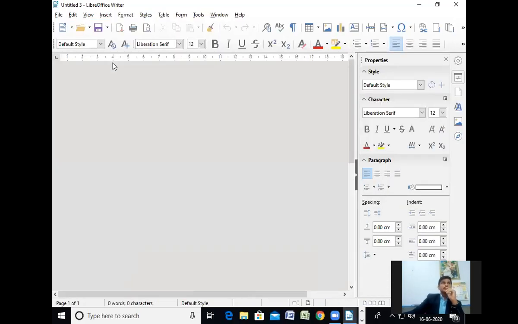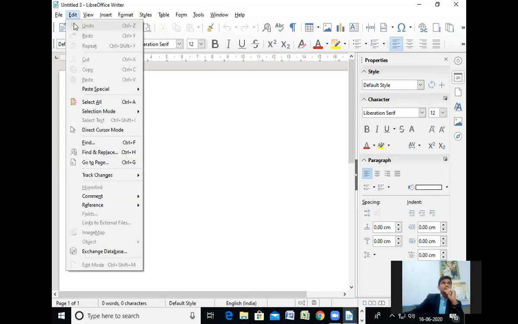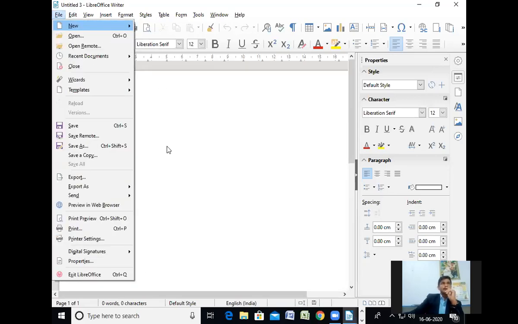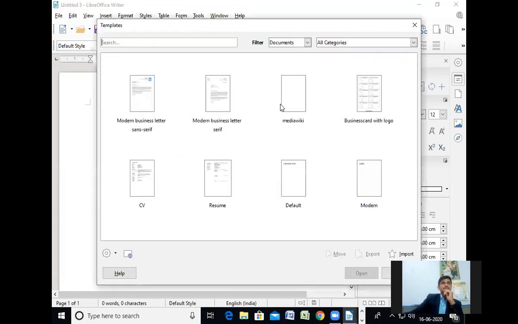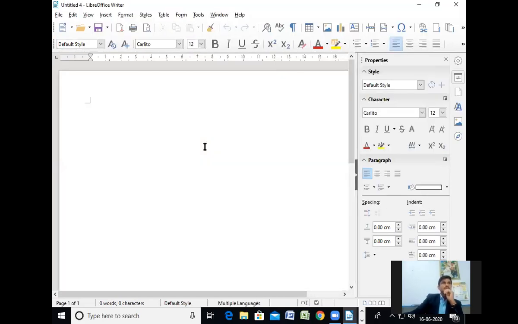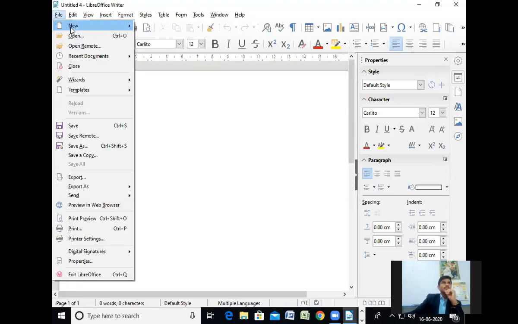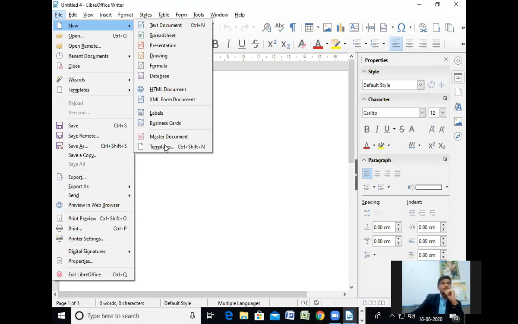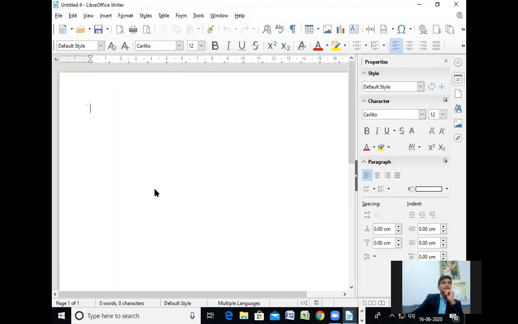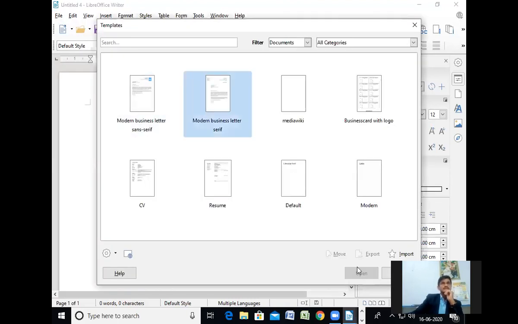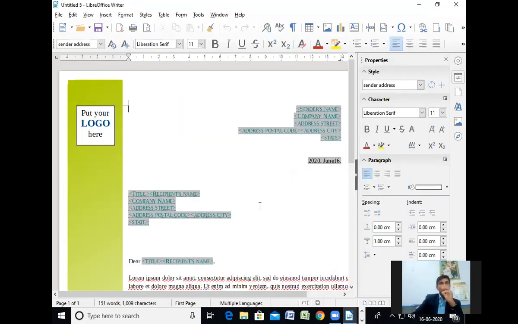See, suppose if you want to use a template here, a simple template document. Suppose this is the modern one, or click on this, we will get some different ones. From here we can get different business templates. See, like this we can insert a template in your document.